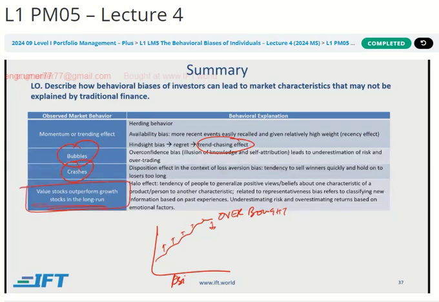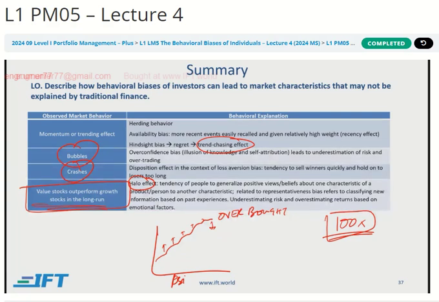Value versus growth, I don't know if this still exists, but as far as the exam and theory is concerned, yeah, it exists, and it happens because we over glorify the growth companies because of the halo effect, right? We take their prices to 100x of their earnings, and I think that's what happened to Netflix, and then Netflix came down and Exxon went up. So it does happen. Will it continue to happen in the future? Nobody knows, right? But for the exam, what you need to know is that, yeah, value stocks tend to outperform growth stocks. It is an anomaly because you can then buy value stocks and outperform the market in general.